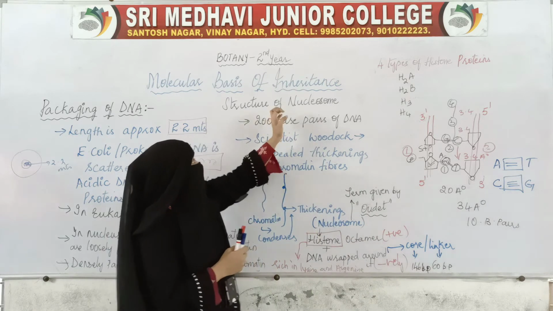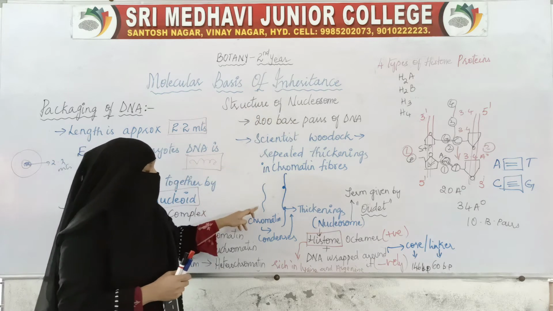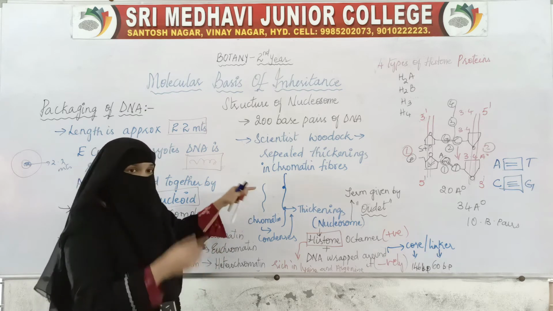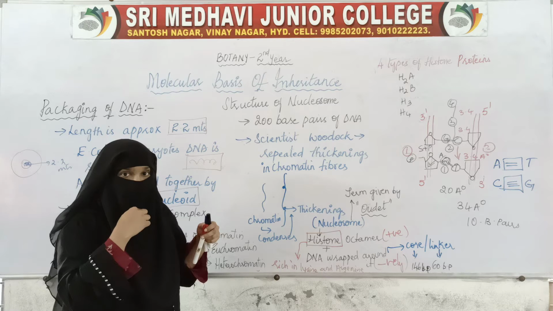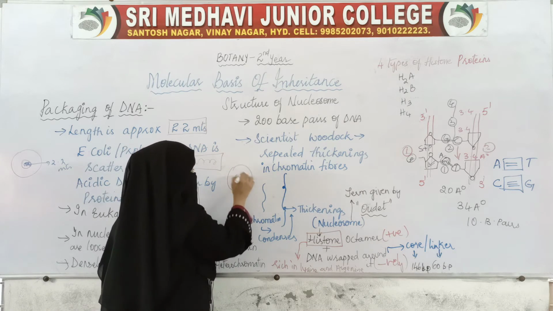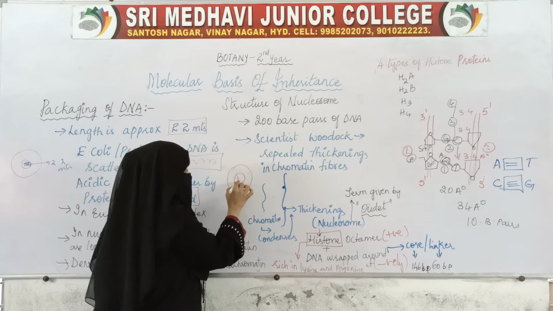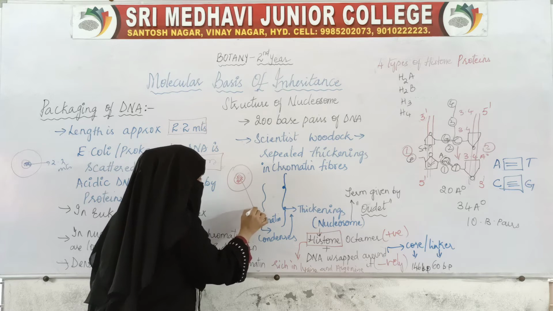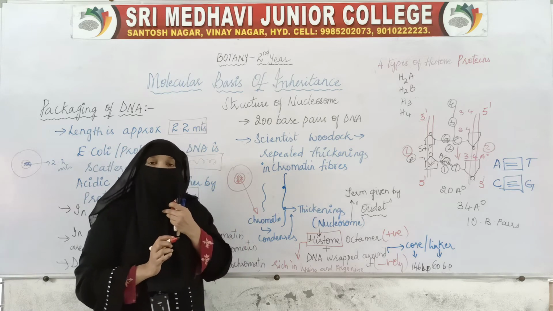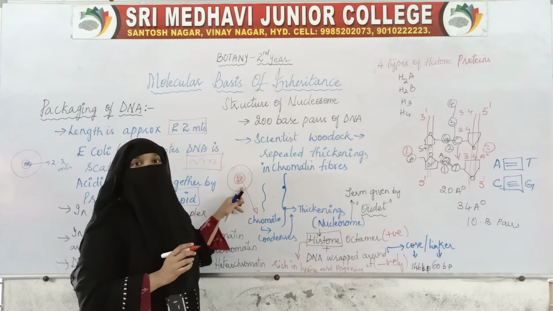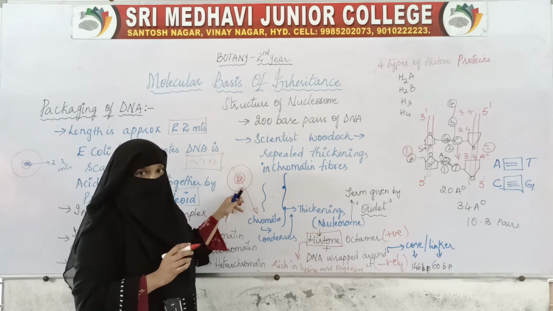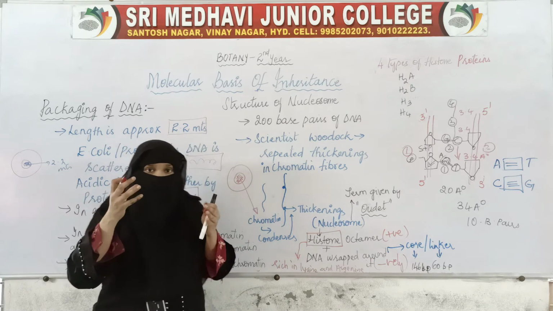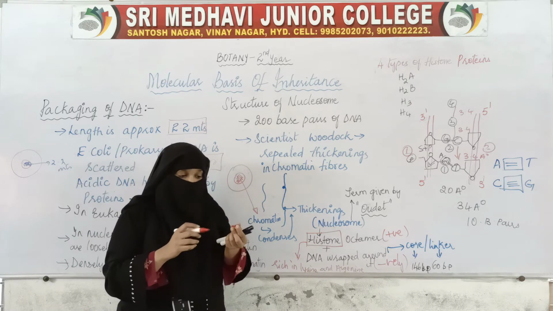So before going to this, we have seen this is the chromatin. DNA is scattered here, it is in the form of chromatin, that is thread-like structures. We see inside the cell, the nucleus is present. Inside the nucleus, we see the small thread-like, bundle-like structure. That bundle-like structure is called chromatin, which is basically nothing but the genetic material. As this chromatin, that is this 2.2 meters, is genetic material.